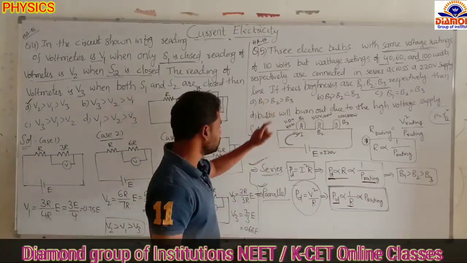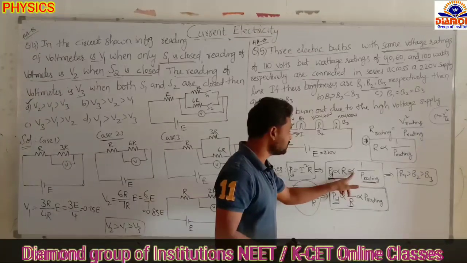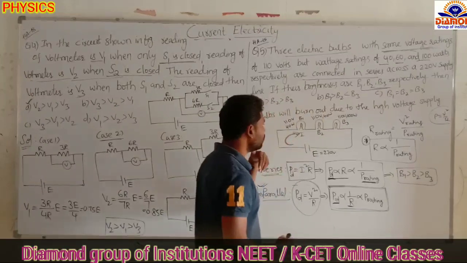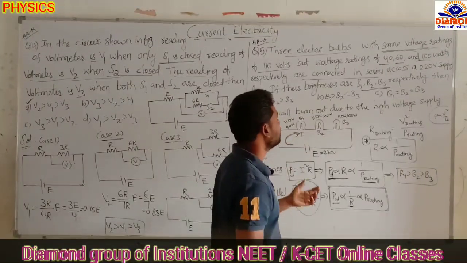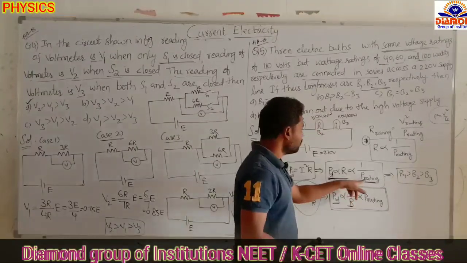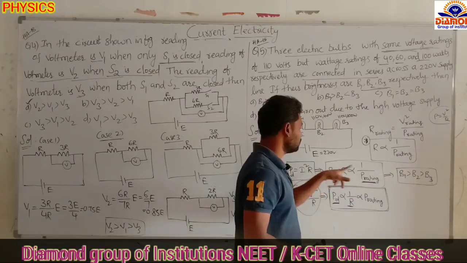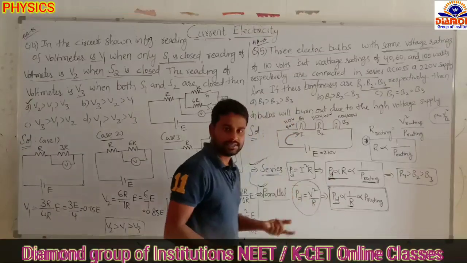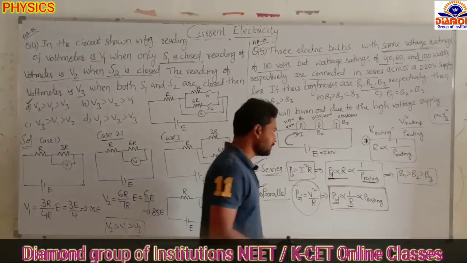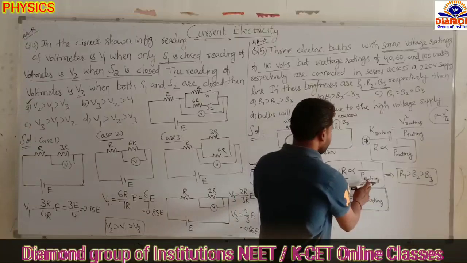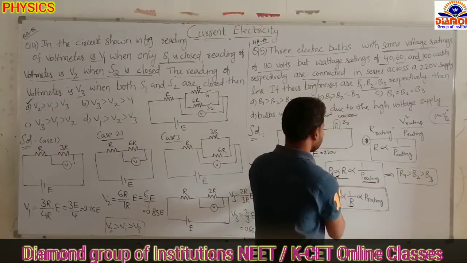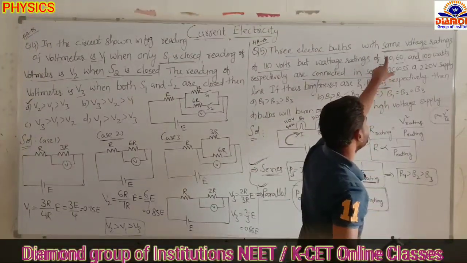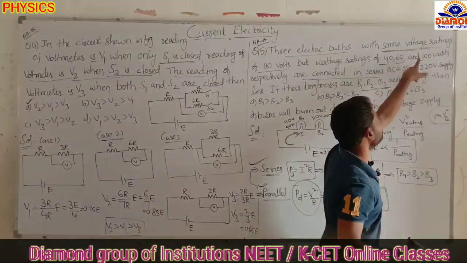Now come to see our question, series. Power dissipation is inversely proportional to the power rating. The bulb which has the more power rating will glow less, and the bulb which has the less power rating will glow brighter. So more rating, less dissipation, less brightness; less rating, more dissipation, more brightness. Remember that one. So the rating of the first bulb is less, dissipation is more, brightness is more. And the next this one, and the next this one.